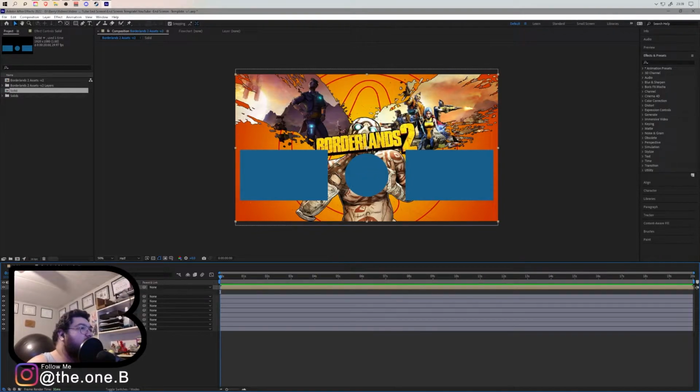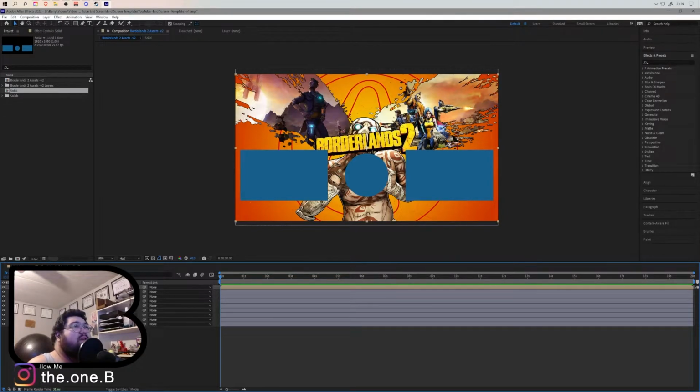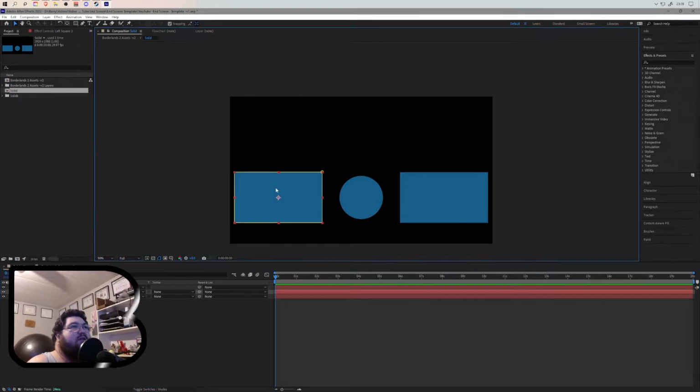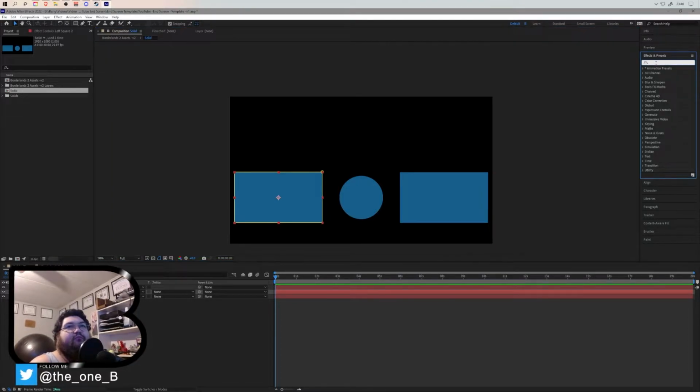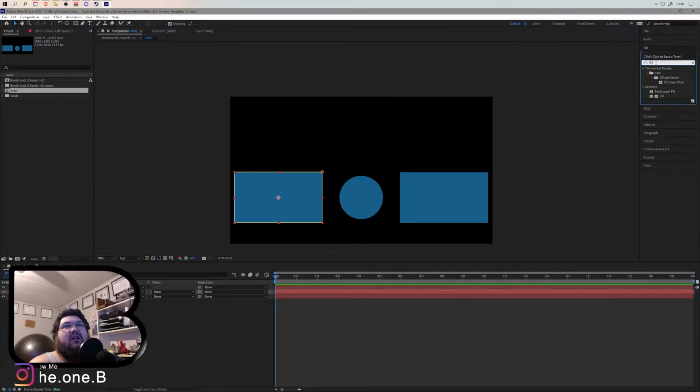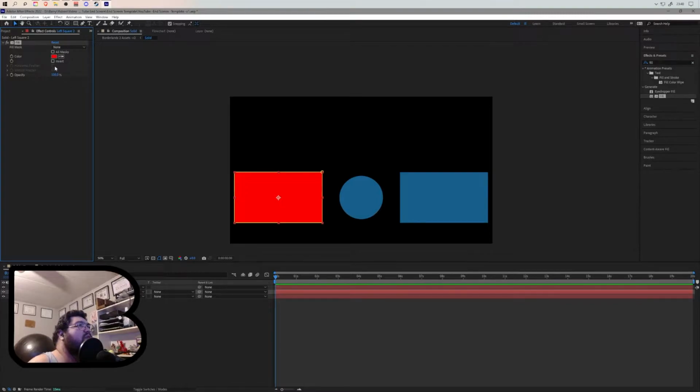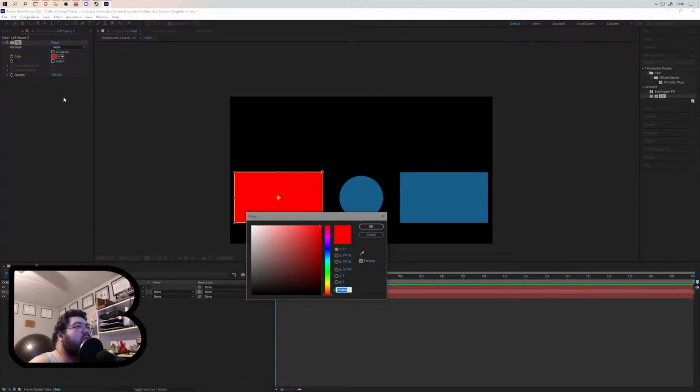So we're going to go into this one here, and let's see, is it fill? Left square. We do not want it to be orange or red. We want it to be